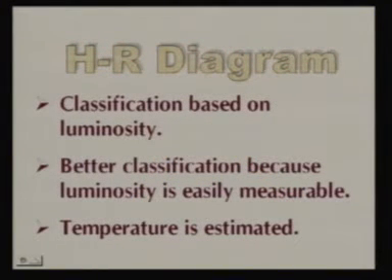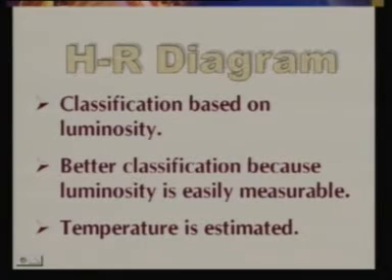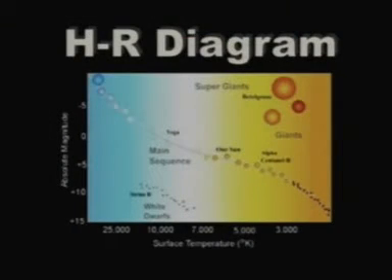Let us now talk of another very important tool for astrophysicists. This is the HR diagram, or Hertzsprung-Russell diagram. This was discovered by two astrophysicists, Russell and Hertzsprung, and this is a very important tool for us. What is its importance? Let us see. If we plot some measure of luminosity, in this case absolute magnitude, on the y-axis, and some measure of temperature, in this case the temperature directly, then we see that the stars are divided into different groups.